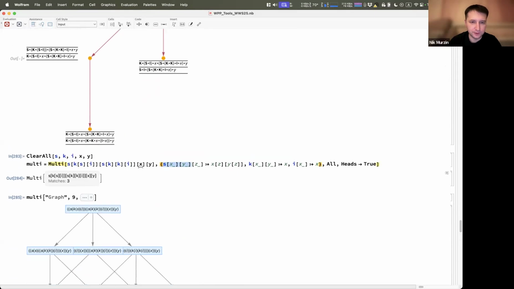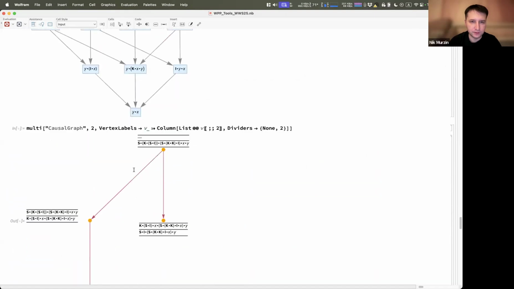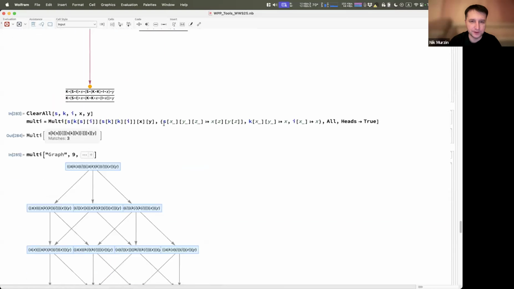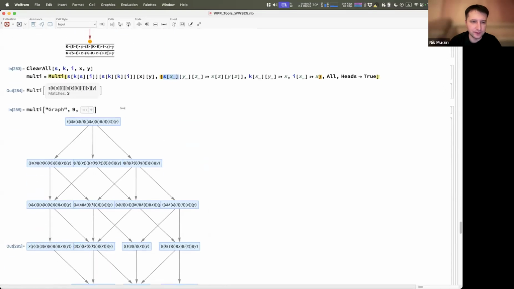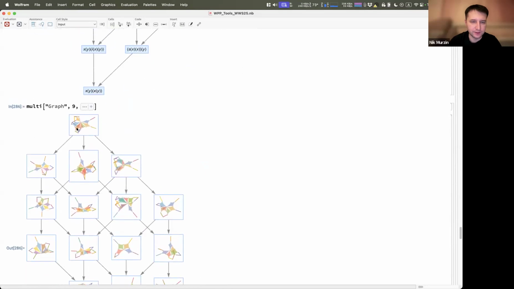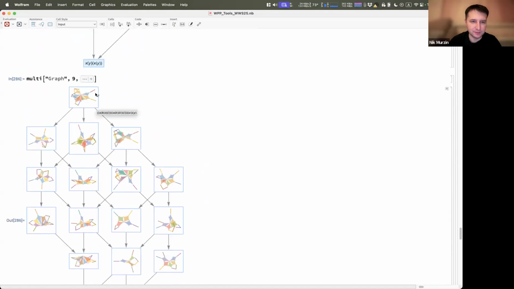Just the different ways of doing it. Yeah, those are using the binary application operator. This is using the head structures, the construct expressions, but basically the same thing. And you can also convert them into hypergraphs, so you can see some nice properties of the